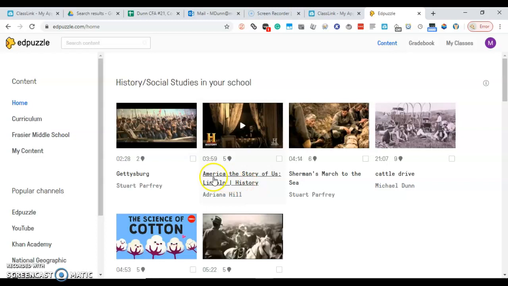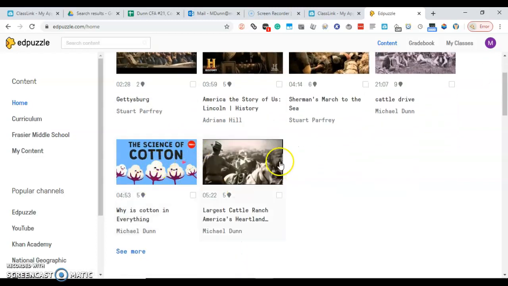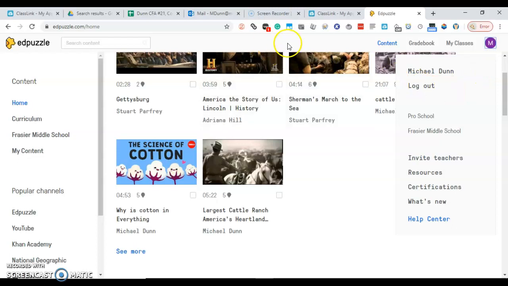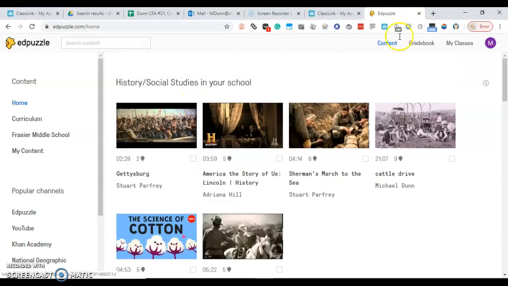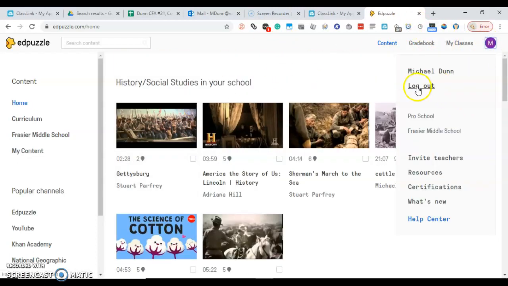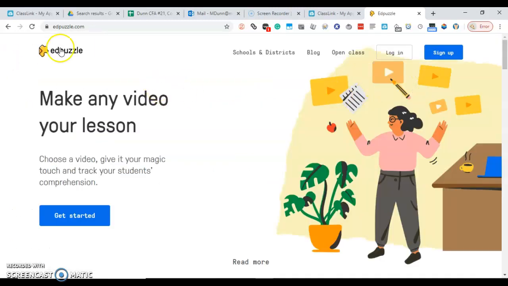All of my videos are on here. They have my name on them, and they should be able to log in using their Mesquite ISD account. I think part of the issue with this is that, whenever I'm going to go ahead and log out and show you. So when you get to Edpuzzle, it's going to look like this. They need to click Login,